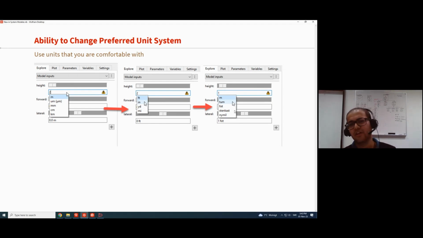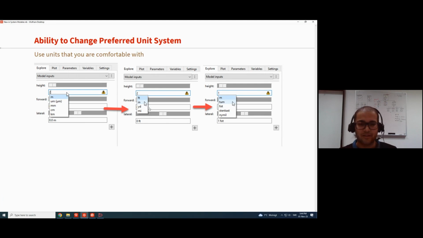Also, with version 14, it is possible to attach custom units to your library. For instance, let's say you are based in Sweden, like I am, and you're trying to create a model for your users who are based in Sweden. And the units that you are using are basically Swedish length units, like for instance fot, tum, ni, mil, and so on. With version 14, you can also add these custom display units to your models and use them, and then you can filter out the SI and other units, so it becomes very convenient for your model users to play around